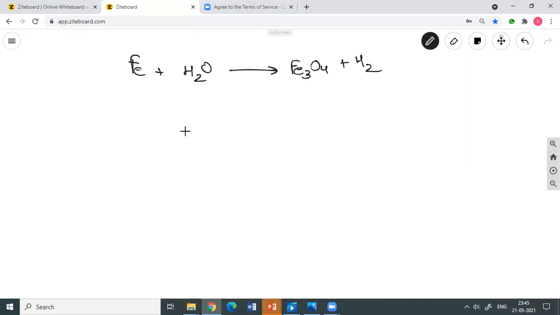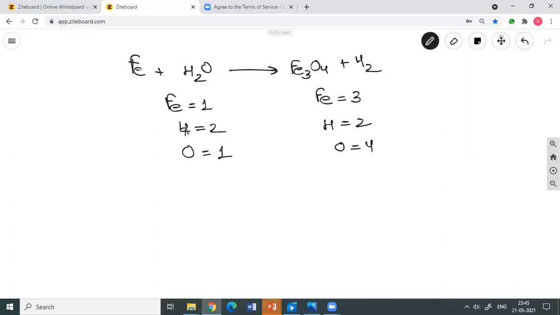Fe3. So you can see in the reactant side Fe is 1, whereas Fe in the product side is 3. Hydrogen is 2 in the reactant side. Hydrogen is 2 in the product side. Oxygen is 1 in the reactant side. Oxygen is 4 in the product side. So I hope you would have got an idea how I am writing this. Next, check which need to be balanced. So now a dilemma is from where we start.